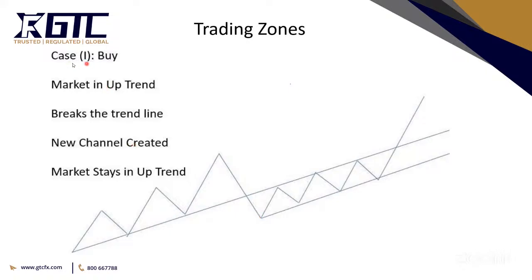So here's case one. The situation is like this: the market is in an uptrend. Here's the market which is in an uptrend. Next situation, it breaks the trend line. So there we have the trend line break right across that point, and this shows a bearish body out in the sell zone. So that is the situation, it breaks the trend line. Now it can do something like this: a new channel created. So after breaking the trend line,